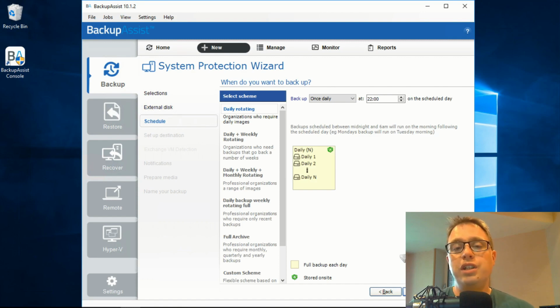So now we choose the different backup scheme that we want to use. The scheme is really all about how you rotate the media. So in our example, I'm going to suggest that we've got 5 USB hard drives and we want to swap them every day. Very standard sort of rotation scheme, and the basic daily rotating will do that. You can see it's showing you've got n amount of drives and each one has n amount of backups, so